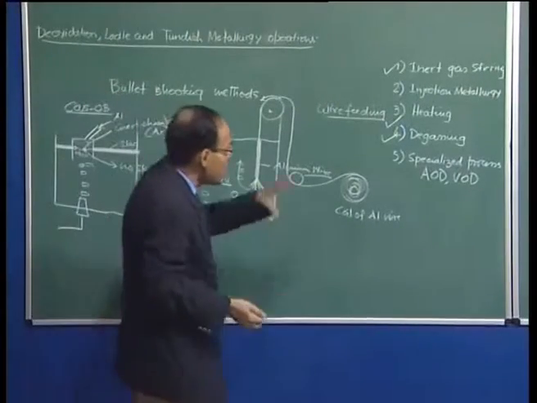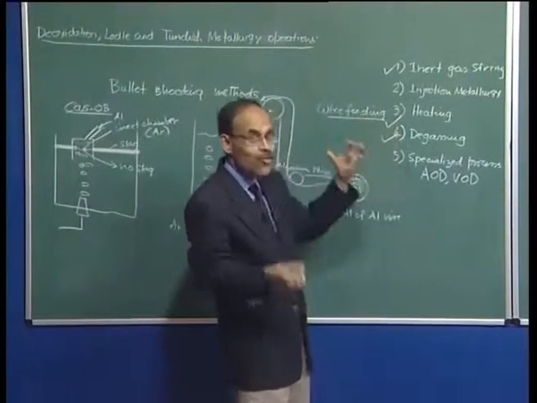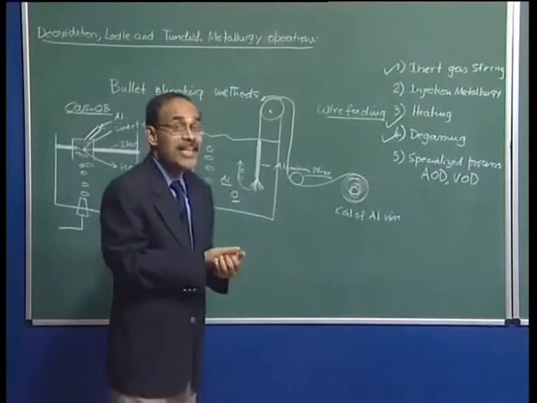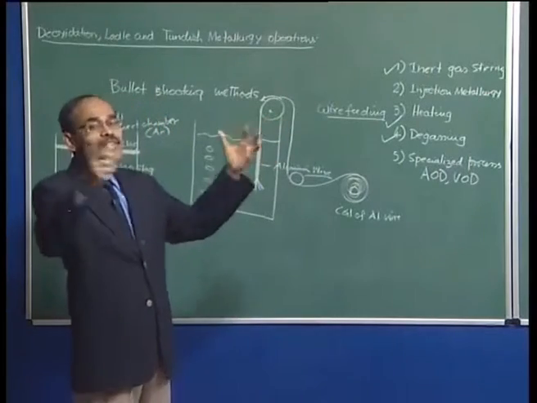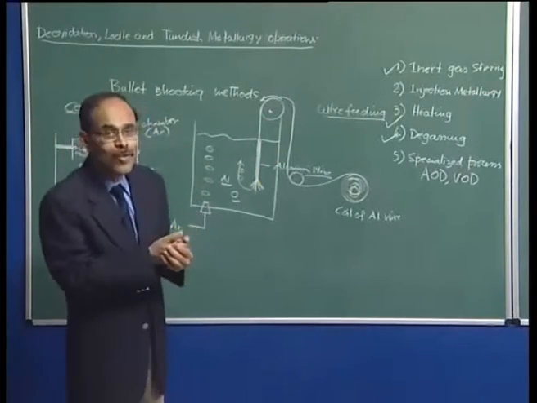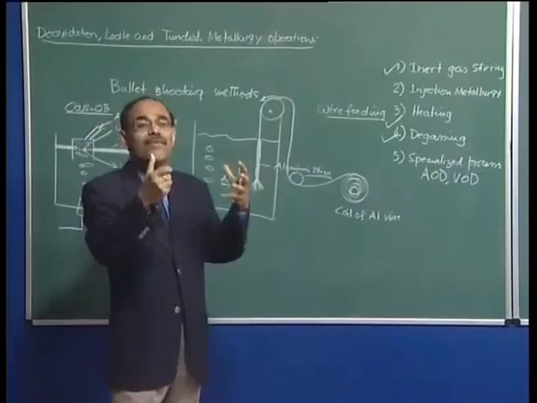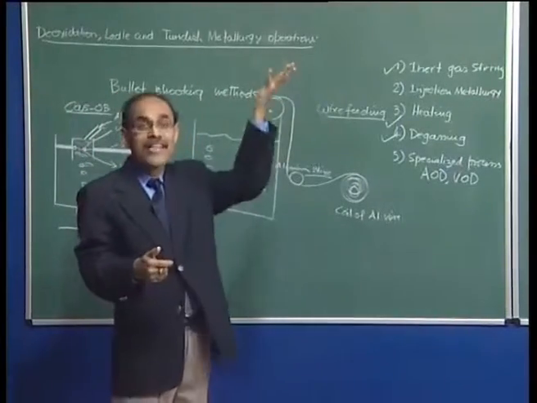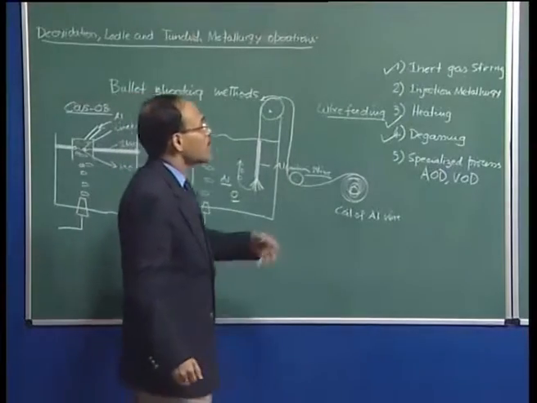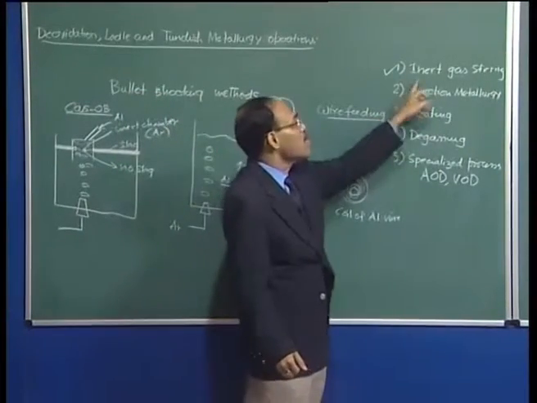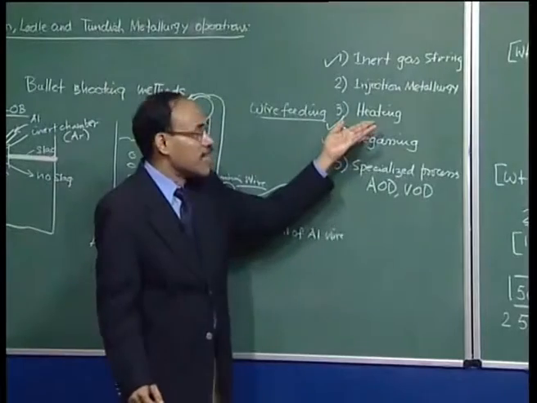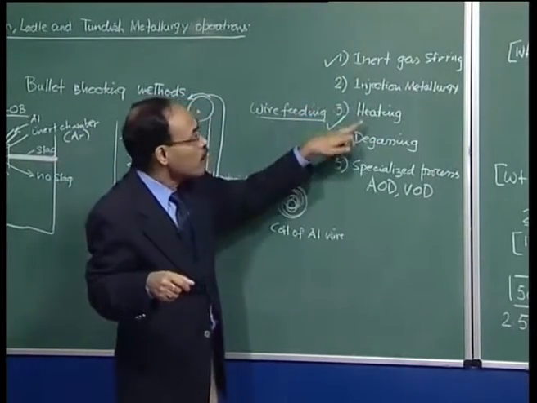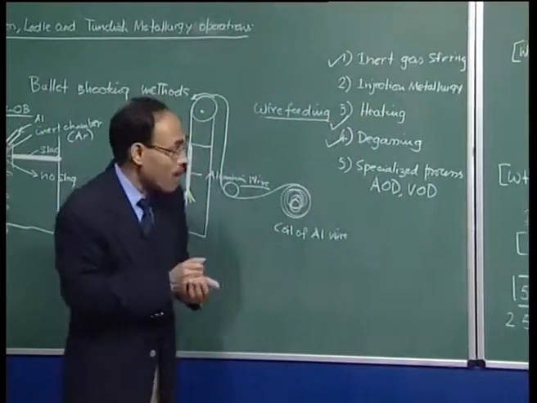So the more secondary steel making processes are incorporated in the steel making circuitry, the longer the duration of steel production is going to be, as a result of which the productivity of the plant is going to go down, and it is compensated by obviously raising the price of steel. So steel produced by simply inert gas stirring and ladle heating is going to be less priced than steel treated by inert gas stirring with heating and degassing combined.